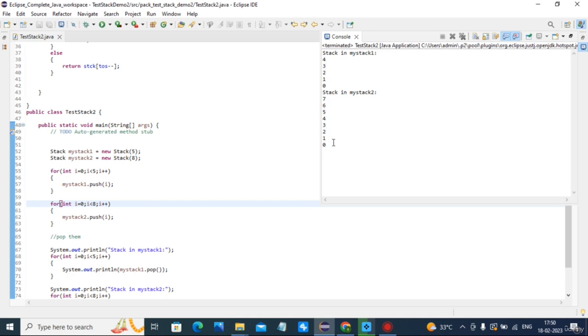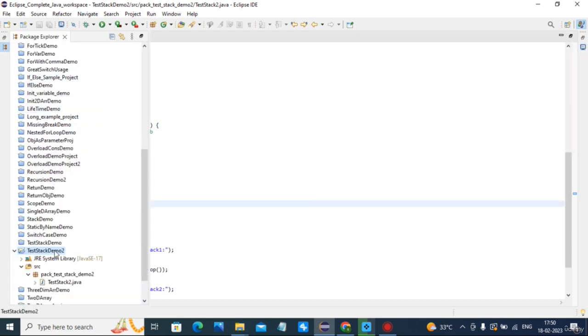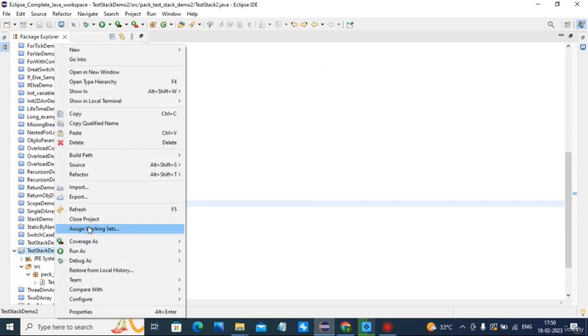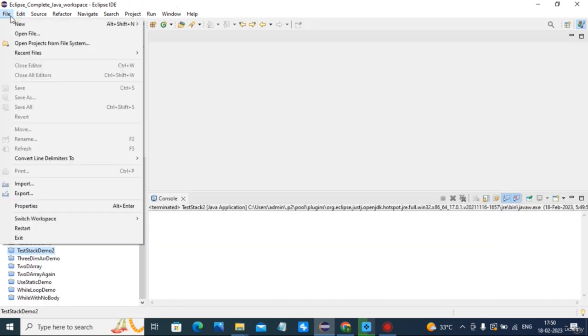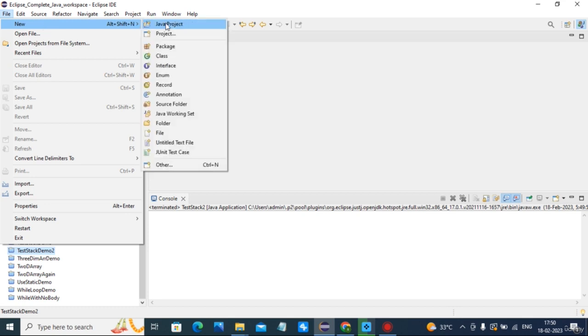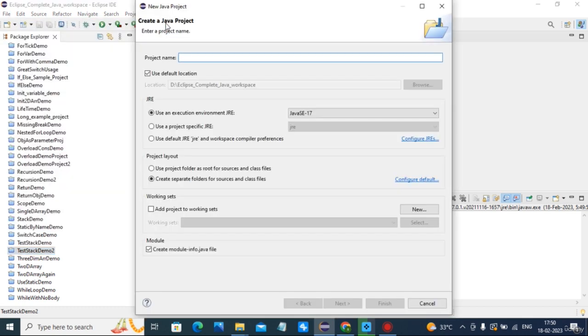Now we will be seeing nested inner classes examples. To close this project, inner class demo.